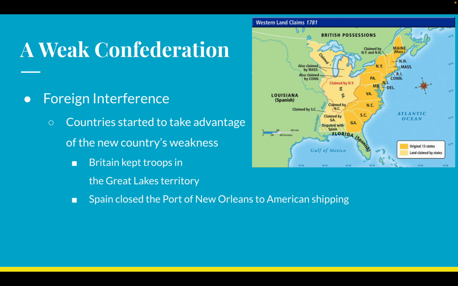New Orleans, if you remember, is that massive city in Louisiana. It's that massive city at the bottom of the Mississippi River. If we can't ship things through the port of New Orleans, we can't easily trade goods in our northwestern territory. And if we can't easily trade goods, things become more expensive, trade becomes harder, and it either doesn't happen or takes longer, and either of those options are not great for us. So not only do we have internal difficulties with taxes and money and all that, we also have other countries messing with us and taking advantage of us because they can.